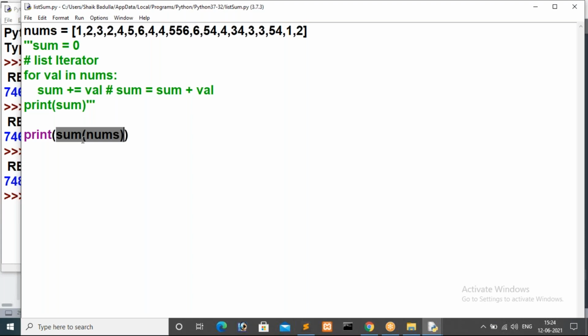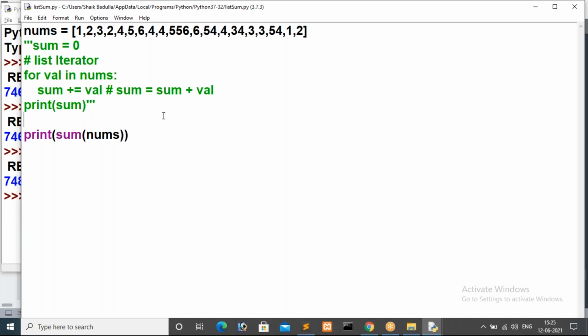Sum of list. Sum is the default function. That's not a method, guys. Remember that. There is a lot of difference between method and function. In the last session I explained to you what is a method and what is a function. This does not belong to any class, that is a general function, I mean a default built-in function. This is one of the functions in the default library, the built-in functions. Okay, I hope it is clear now.